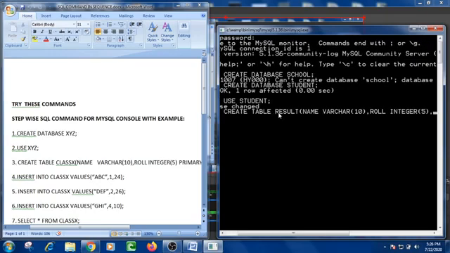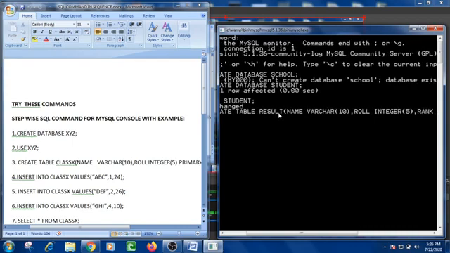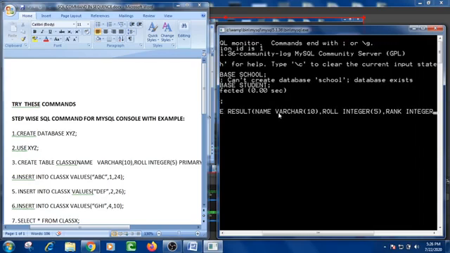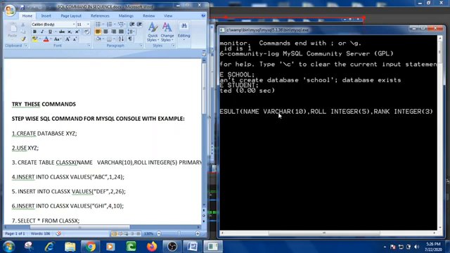Then suppose that I am writing rank, again integer 5, integer 3. Okay, 3 is the length of the field. We cannot enter more than 3 numeric value in this field.